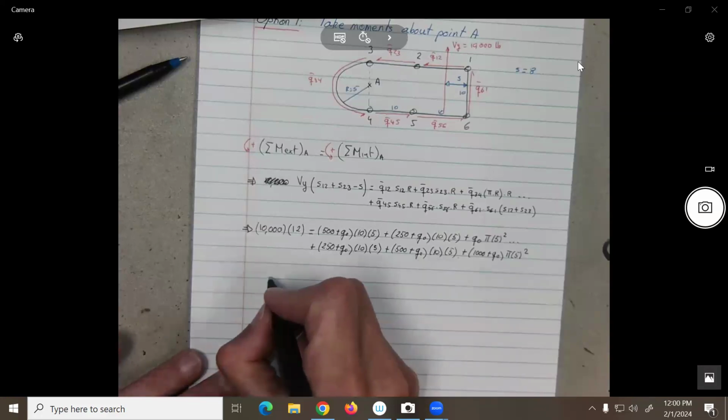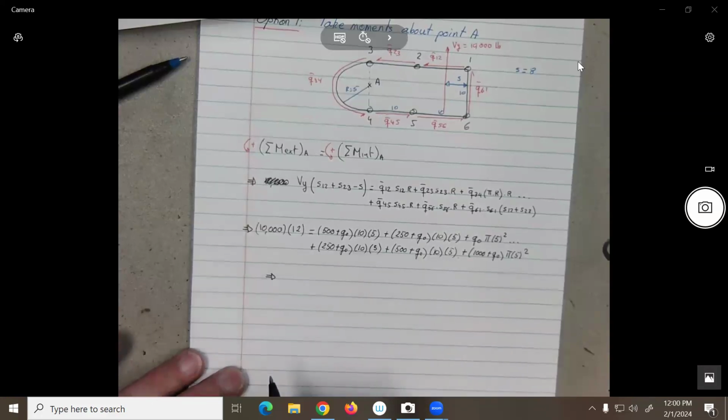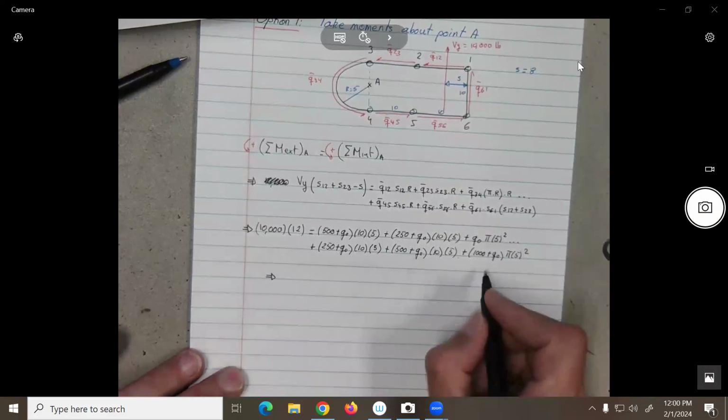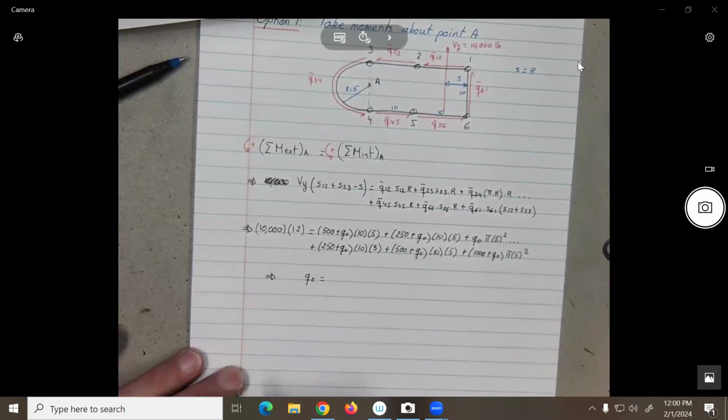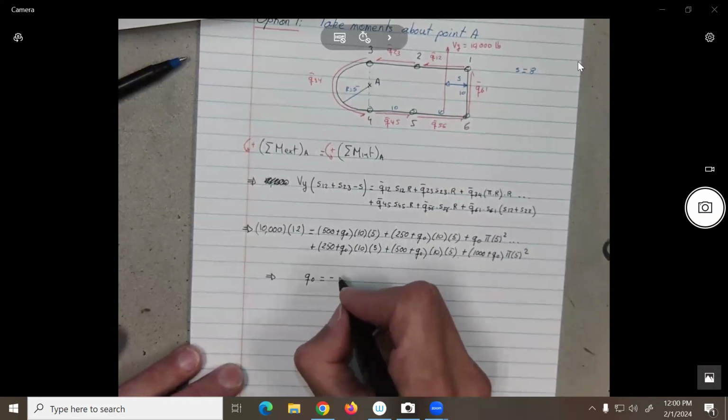All right, so if we do the math here, how many unknowns do we have in that equation? 1, no? So we can go and solve. And if you do this, you find that Q naught gives you equal to minus